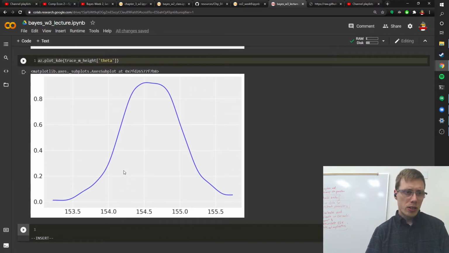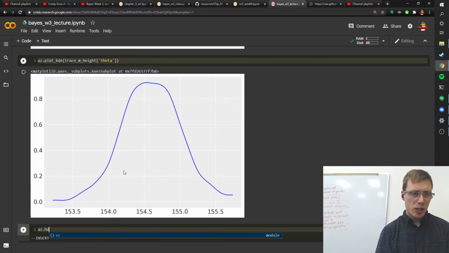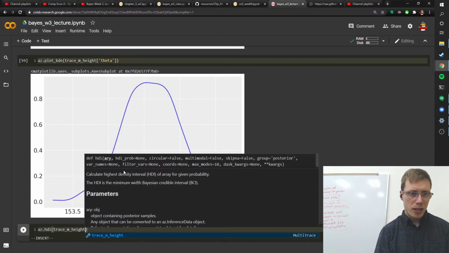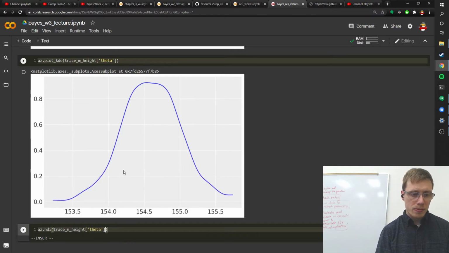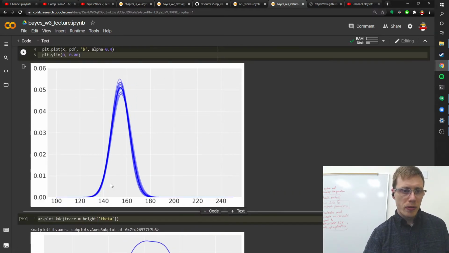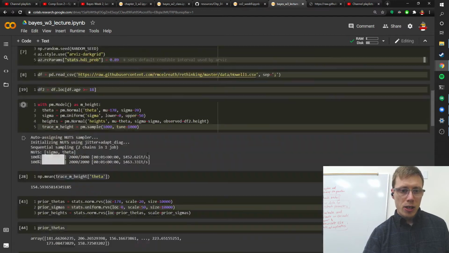If you also want, though, you can also do az dot, but let me put in the HDI again in there, though. Trace M height. So at least we have that in there. So the 89% is in between there. All right, so that does it for this kind of basic